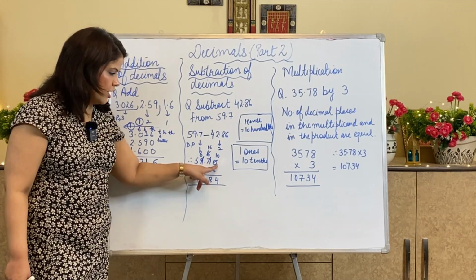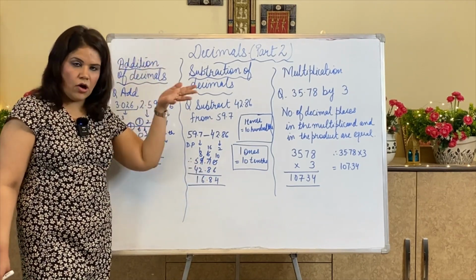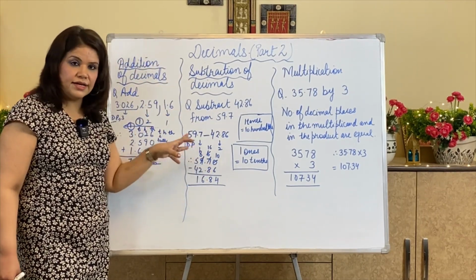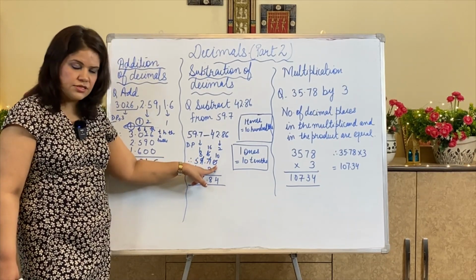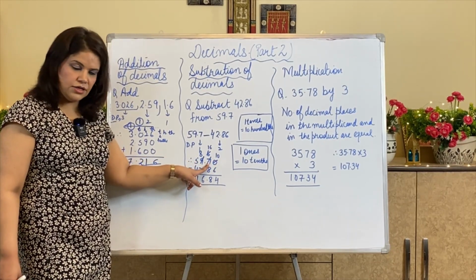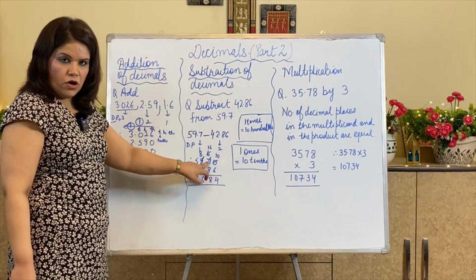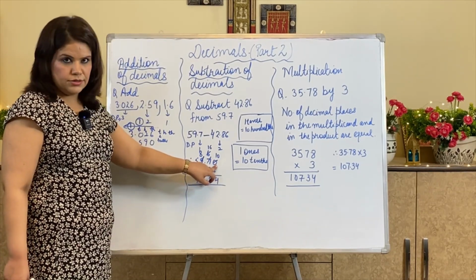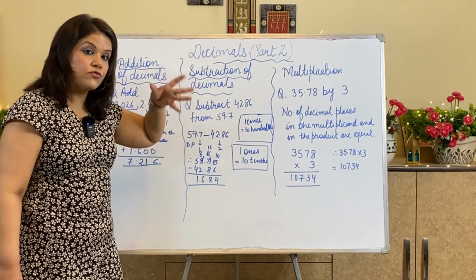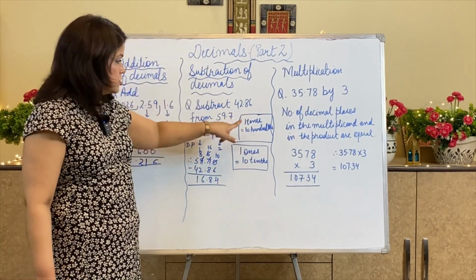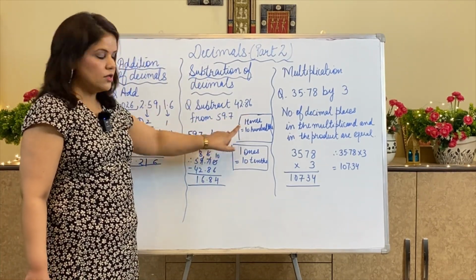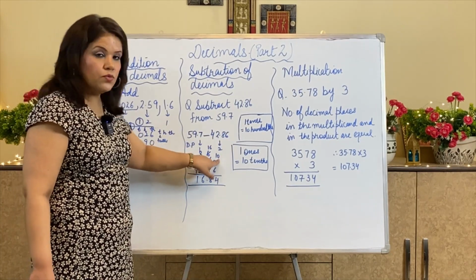Earlier we were taking ones and tens in the ordinary numbers. Now here these are decimal numbers. So these are hundredths and this is tenths. Understood? So when we will take from tenths, if I will go to hundredths, I am going from tenths to hundredths. So this will be changing from tenths towards hundredths.